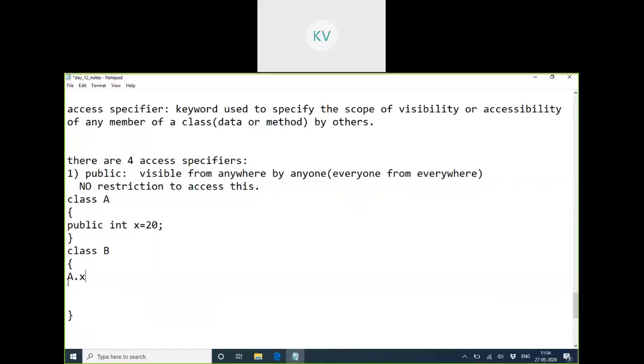So if this class wants to display the information, I cannot directly write statements inside a class. So B wants to display the value of x. For that, I have to first create an object. Hence, we should know how to access it. Directly, I cannot access it. So this is how we will try to print it.